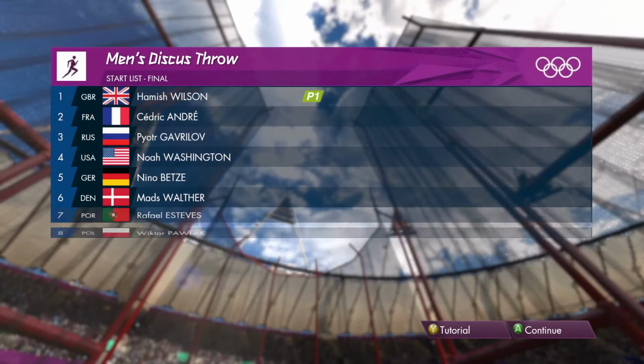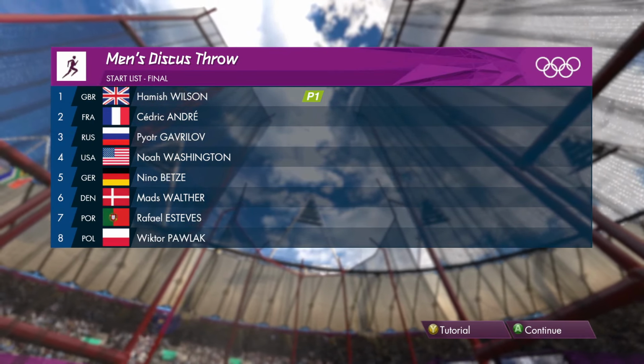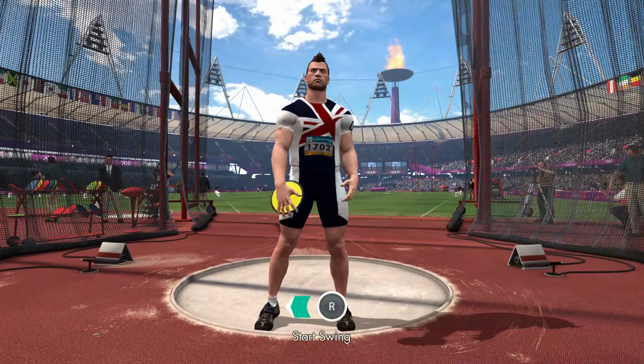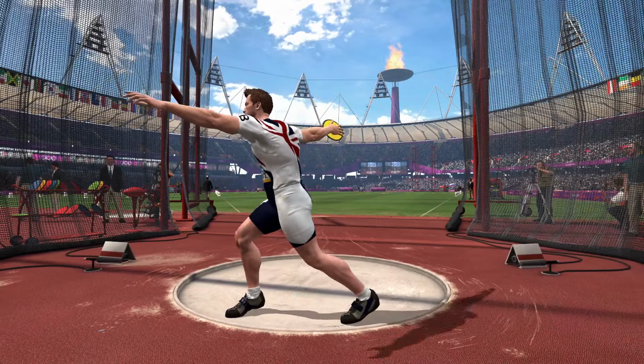This is the Olympic Stadium. Welcome. One of the most sustainable ever built, the lower bowl is set into the existing landscape, meaning less need for steel. This is all about the speed across the circle before exploding to release